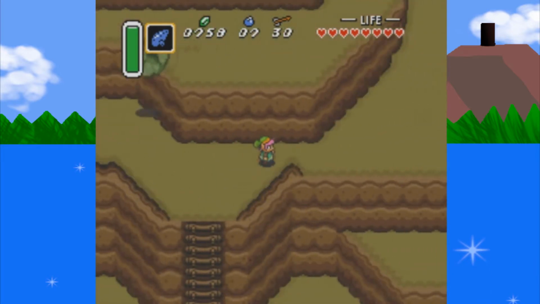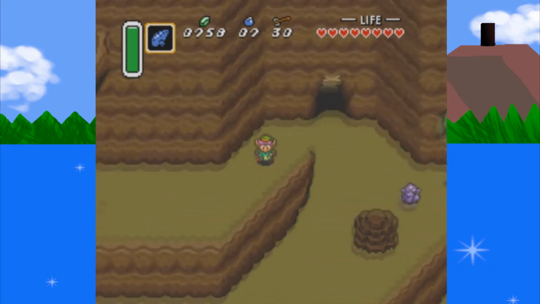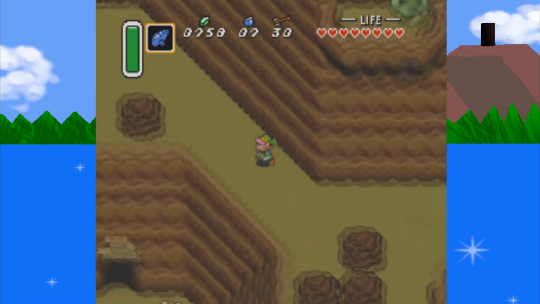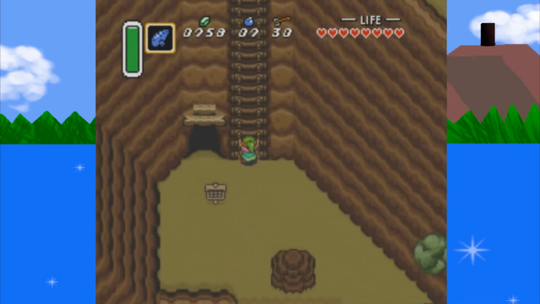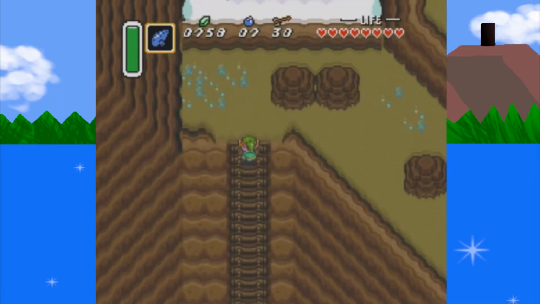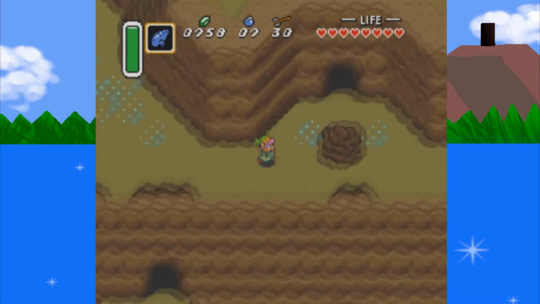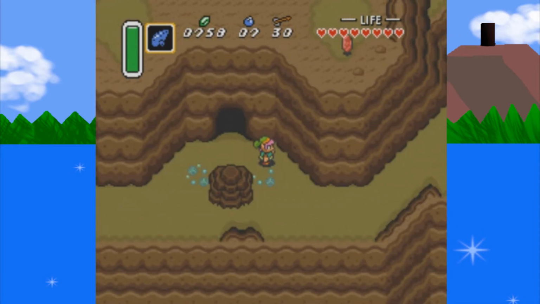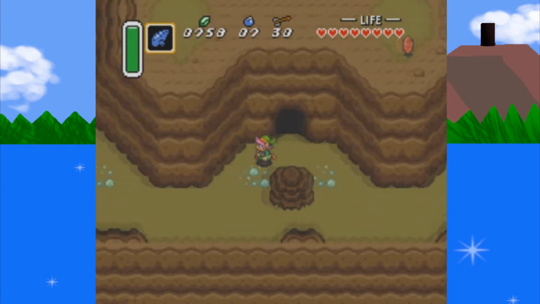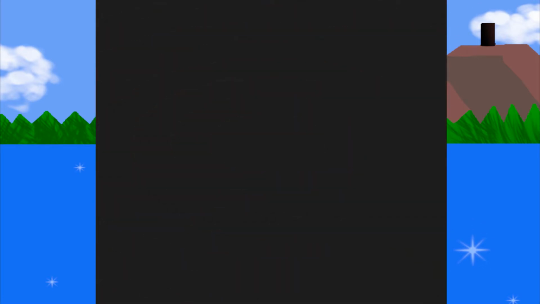So let's see. Where on Death Mountain can we actually go? I guess we could cross the bridge over to the other side of Death Mountain. Or we can come up here to Spectacle Rock and find more rupees! Rupees for all! And I believe this is the correct way that you can enter Spectacle Rock